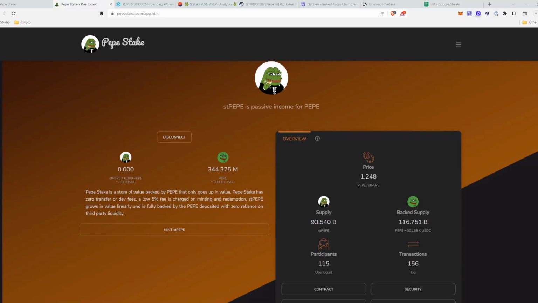Hello, and welcome to this tutorial for Pepe Stake, which is a bank teller production where you can stake your Pepe token and earn more Pepe token over time. Coming over to the dashboard, you can see that...